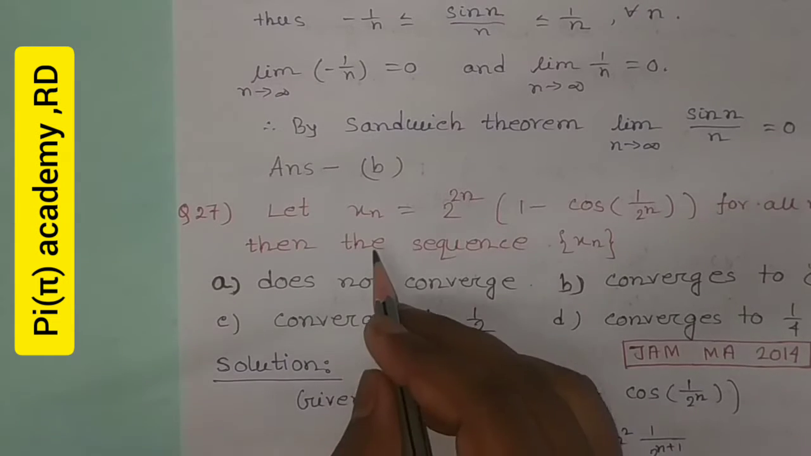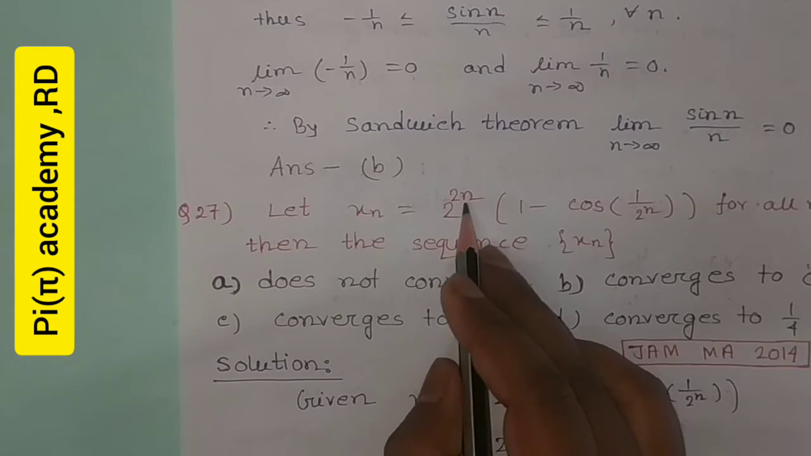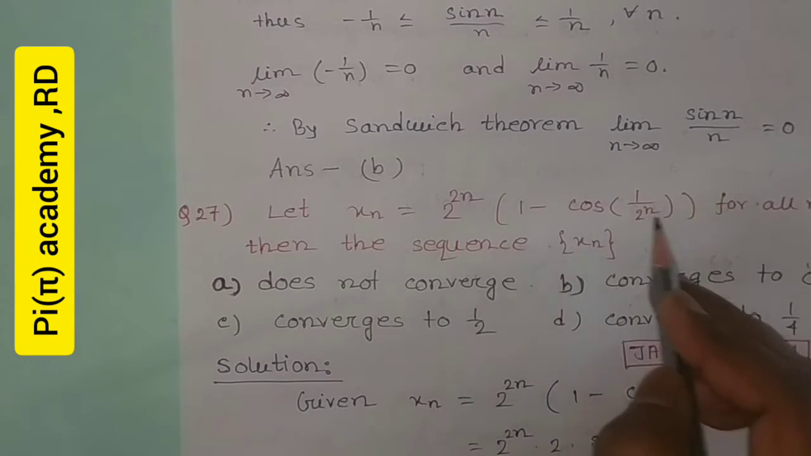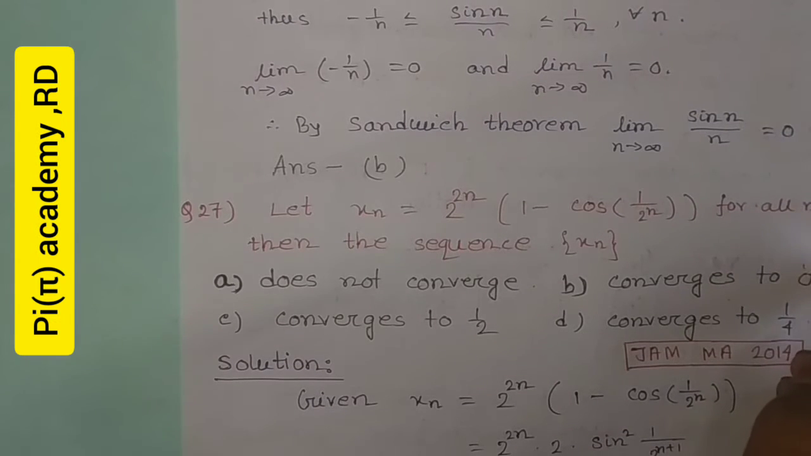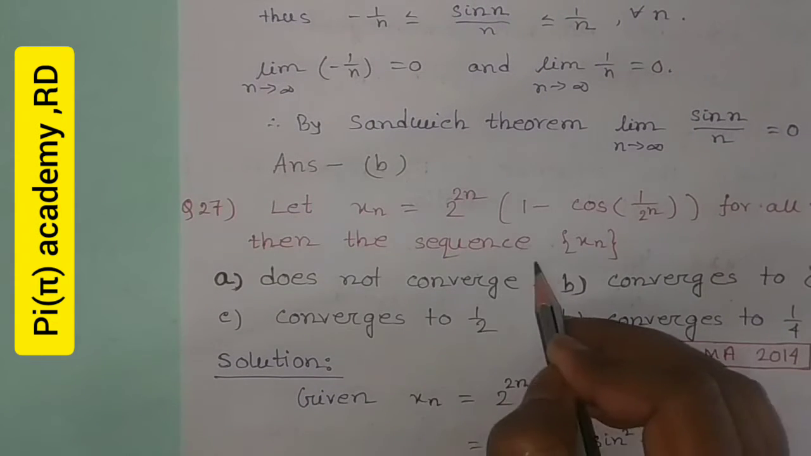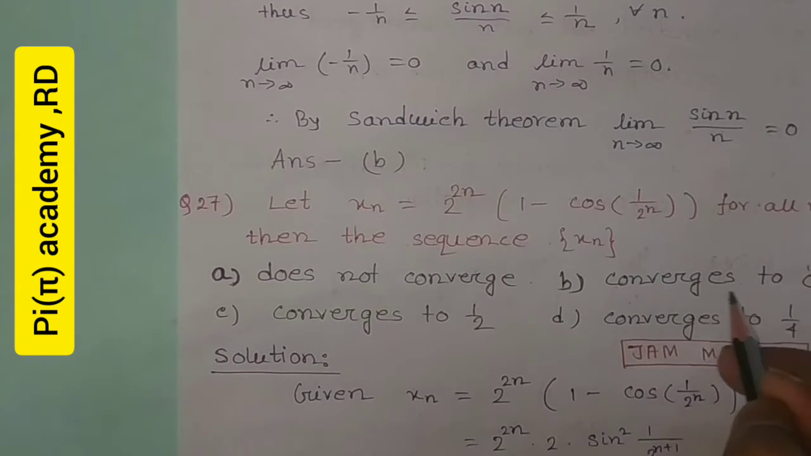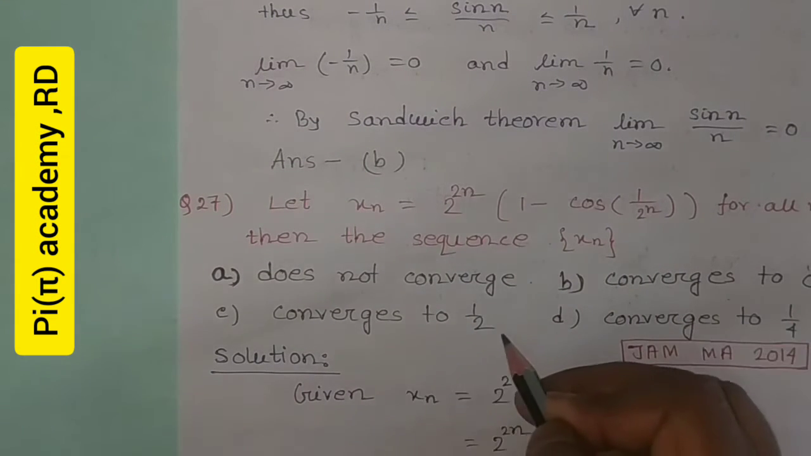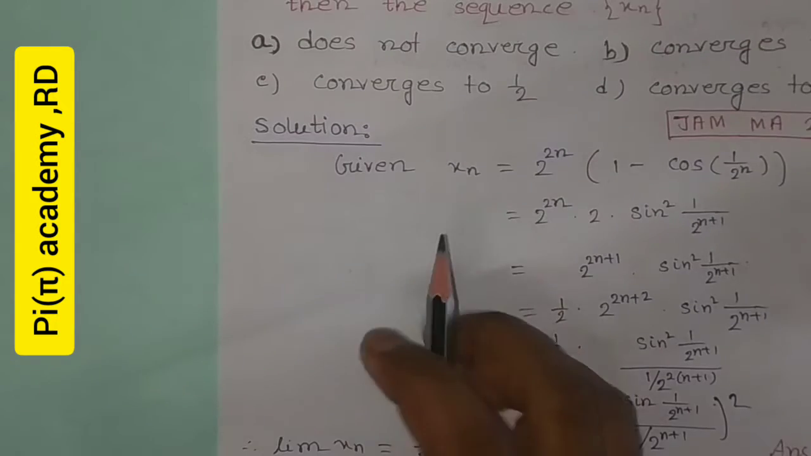Now question number 27. Let xn equal 2 to the power 2n times (1 minus cos 1 divided by 2 to the power n) for all n belonging to natural numbers. Then the sequence xn does not converge, or converges to 0, or converges to half, or converges to 1 by 4. JAM MA 2014. Solution. Given